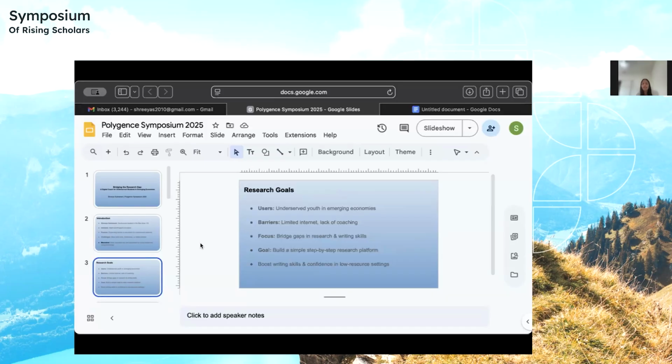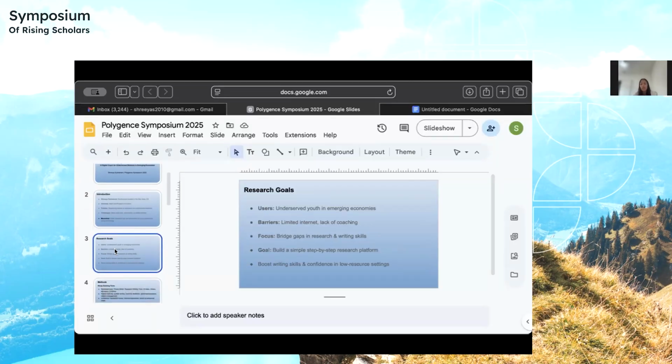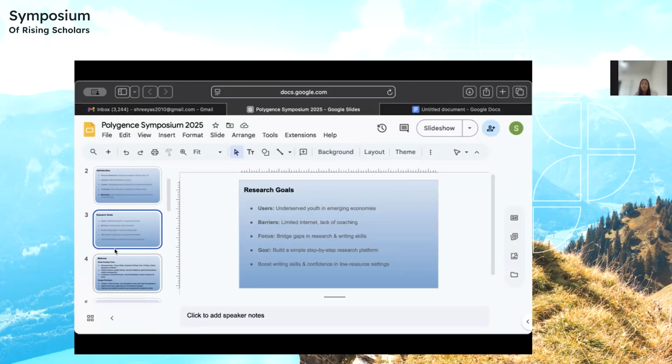Here are some of the research goals that I had. My users, or my target audience, is underserved youth in emerging economies. Some of the barriers that they face are limited internet, lack of coaching, and lack of opportunities. So this project focuses on bridging the gaps by creating a new opportunity for them: a research tool that uses AI to guide them through the process of writing a paper. My goal was to build a simple step-by-step research platform and to boost writing skills and confidence in low